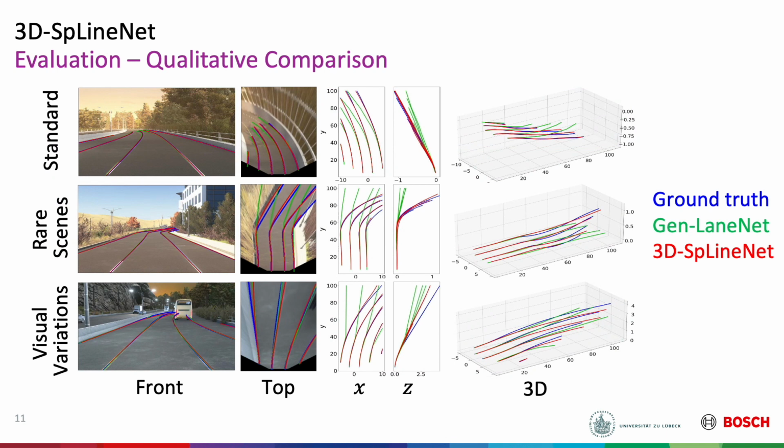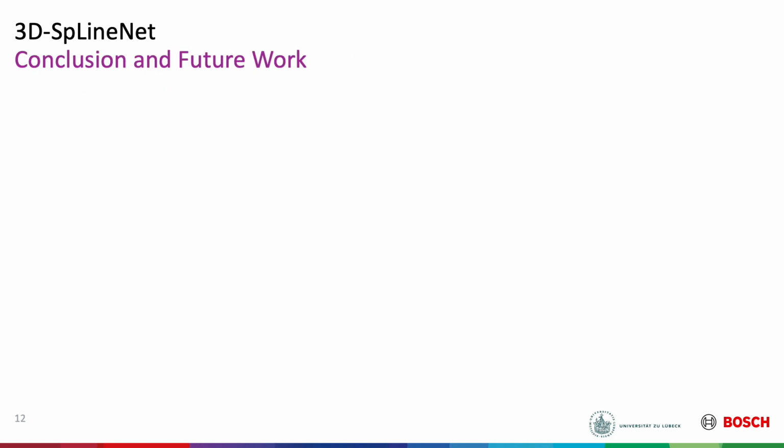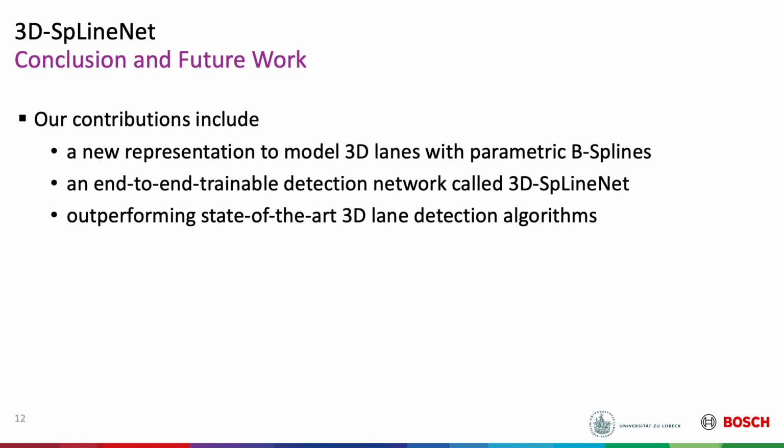For a qualitative comparison, we show prediction examples from all test sets. The ground truth is illustrated in blue, predictions from GenLayNet in green, and from our 3D-SpLineNet in red. As the illustrations show, our method manages to better model the ground truth lane geometry in simple as well as in more complex scenarios. In summary, our main contributions include a new representation to model 3D lanes with parametric B-splines